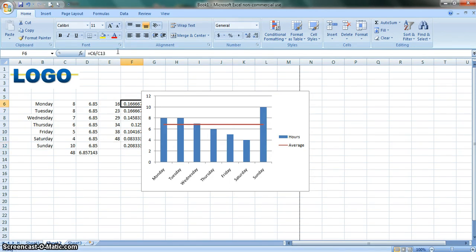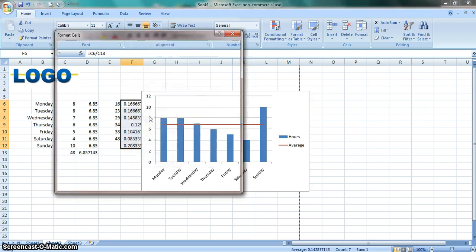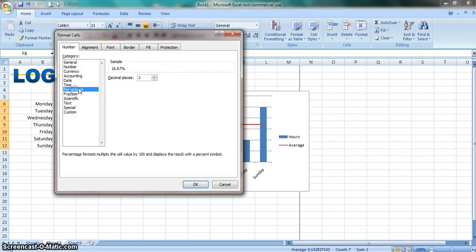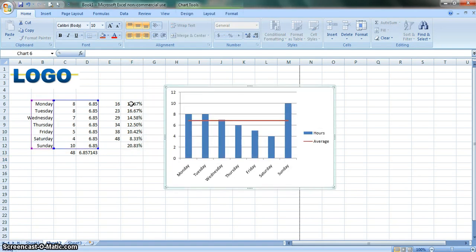And this one, I did percentages, which is where you take 1 and divide it by the total. These are fractions, but all you have to do is go in here like this, hit format cells, change to percentages, and now, boom, you have your percentage. These are your percentages of sleep you're getting on Monday of the total for the week. Percentages are good as far as